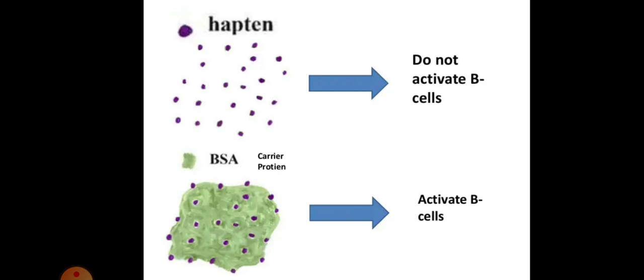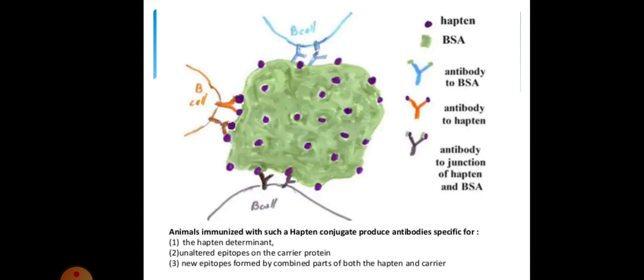See, the hapten molecule itself does not activate the B cells, but when the hapten molecule binds to the carrier protein molecule, a hapten-carrier protein conjugate is produced, and that conjugate of hapten and carrier protein easily activates the B cells. Here the hapten is shown in the pinkish color. It binds to the Y-shaped antibody. It is in the form of BSA, and the antibody to the hapten-BSA conjugate easily activates the